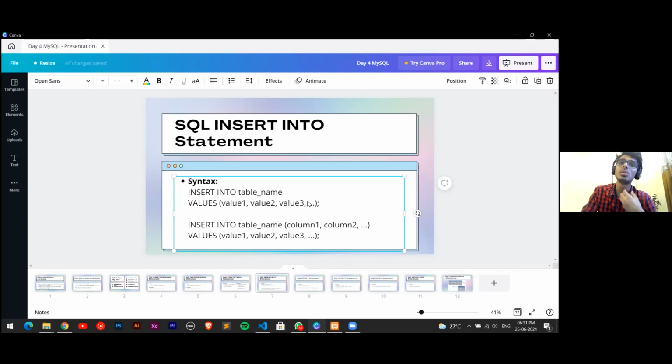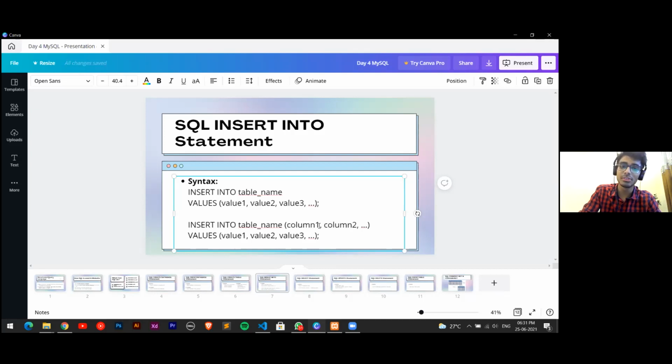And if I want to add data into only specific columns, we'll use this query and provide the column names. In every query, we use the table name so that SQL knows we want to perform the query on this particular table. So the table name is a must in both of them, and column 1, column 2 are the columns wherein we want to add the data, and here are the values. These two are related. If I type column 1 over here, I need to provide the value of the first column itself. So this is in an ordered form.